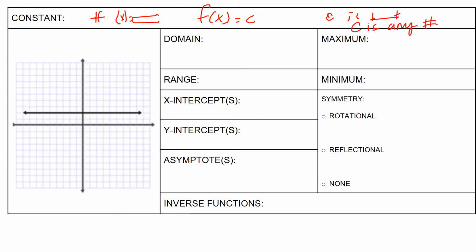So when we look at this function, right now, this specific line goes through 2, if we count just the units, right? 1, 2. So we would say this is y equals 2. Easy enough? So then just looking at this function and analyzing it, the domain, so from left to right, what is this function doing? It's continuous, right? It goes forever to the left and to the right. So if I'm going forever to the left and to the right, my domain is negative infinity to positive infinity,